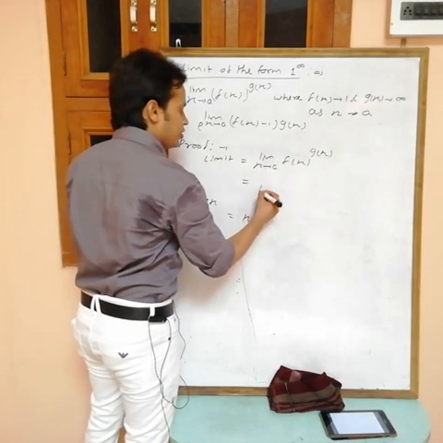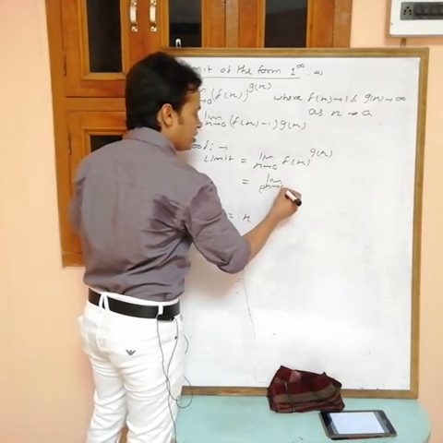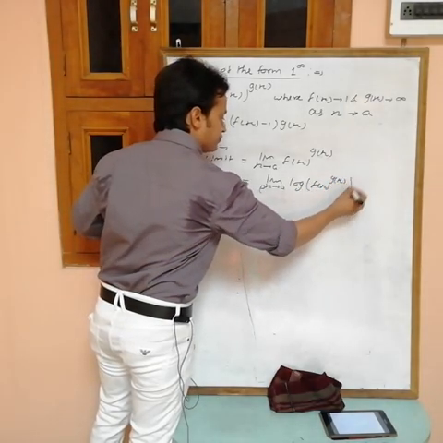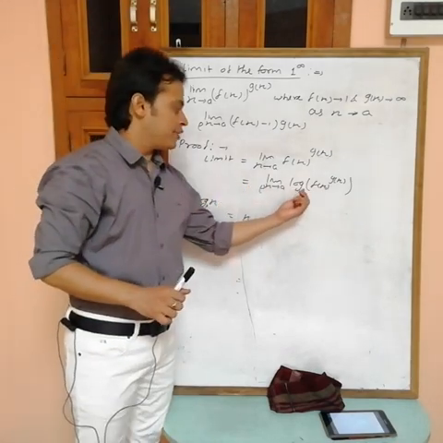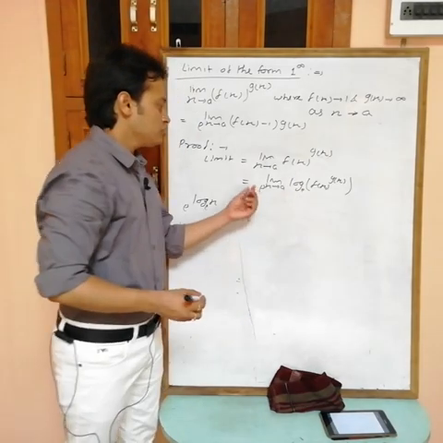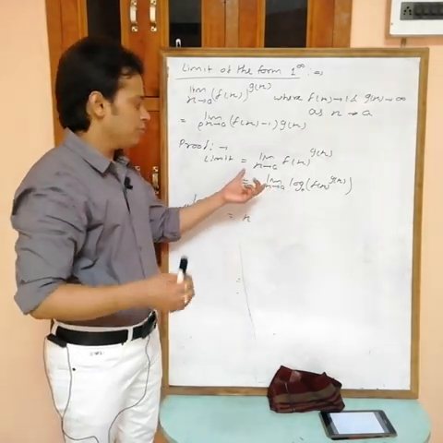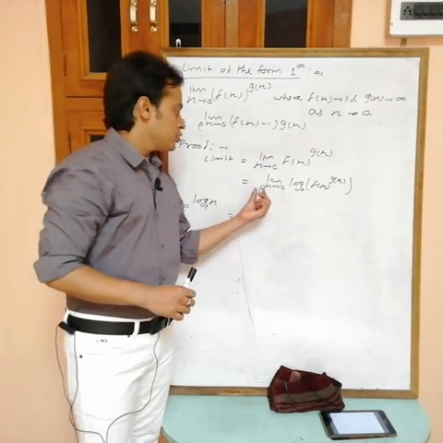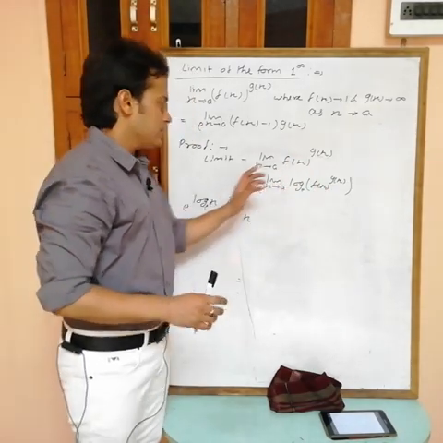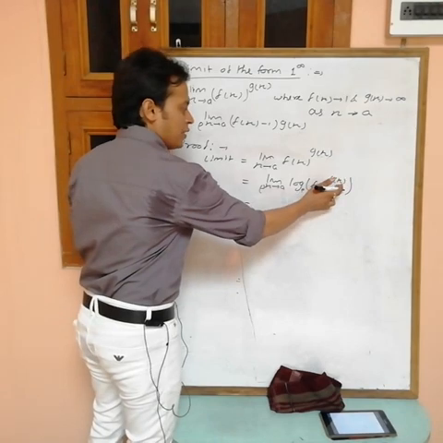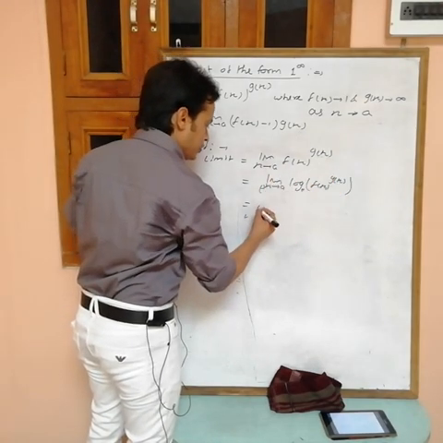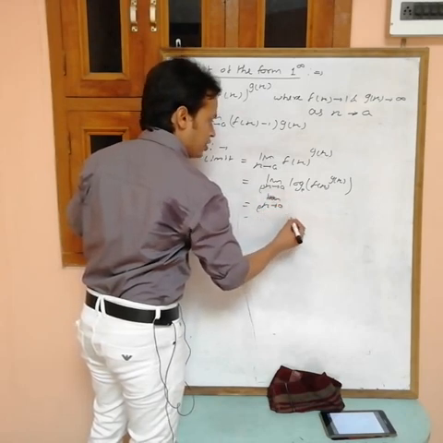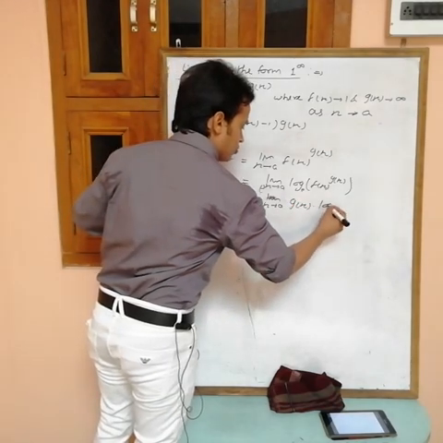So similarly this can be written as e power limit x tending to a of log of f(x) power g(x). Here the base is e. There is no problem, because we have a theorem for limits that you can write the limit here or there, both are the same thing. Now this is a power, so you can write the power outside: e power limit x tending to a of g(x) into log f(x).